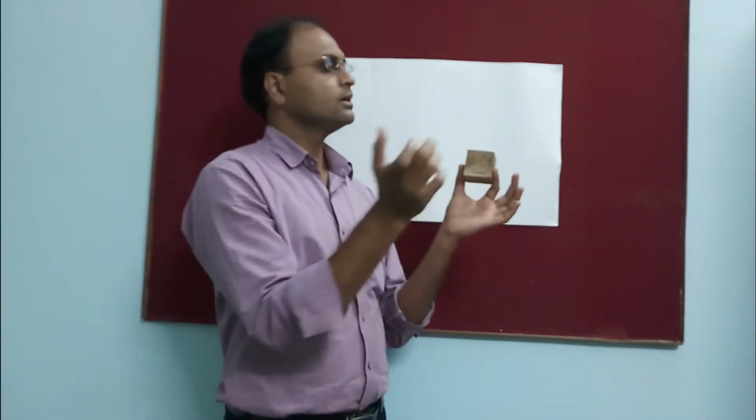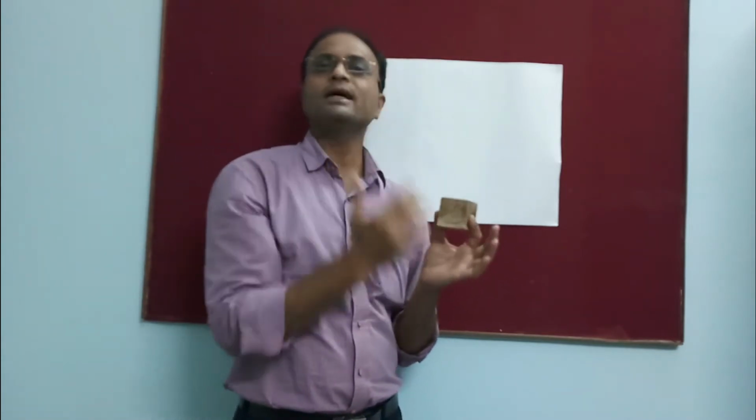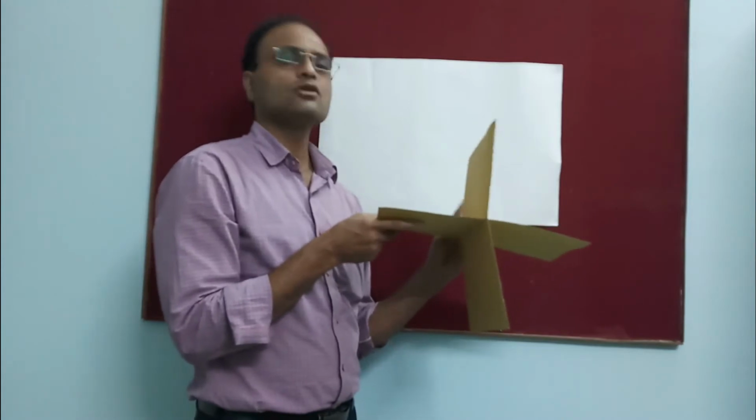For this purpose, I would just like to take a recap. This was the object in the previous case, and we tried to obtain the front view of the object and the top view of the object. But to get these front views and top views of the object, we first have to employ planes of projections. This is a model of two planes of projections.